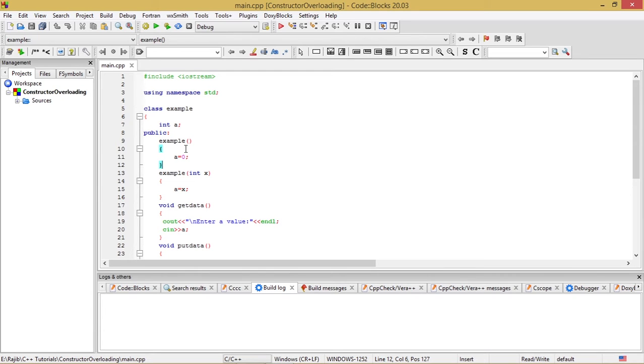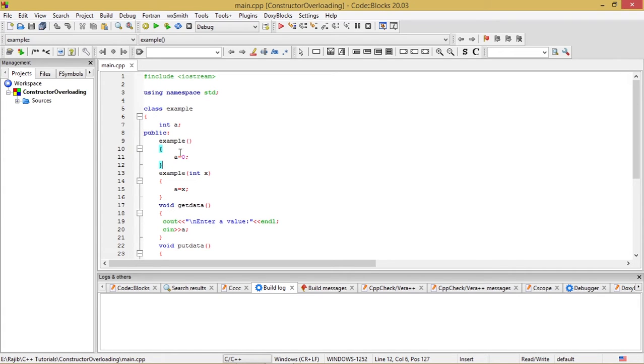Constructor overloading will help us to understand how different constructors in a class can work at different times as the situation demands. Let's see that I have written a constructor which is the default constructor, where there are no parameters; it is not a parameterized constructor.